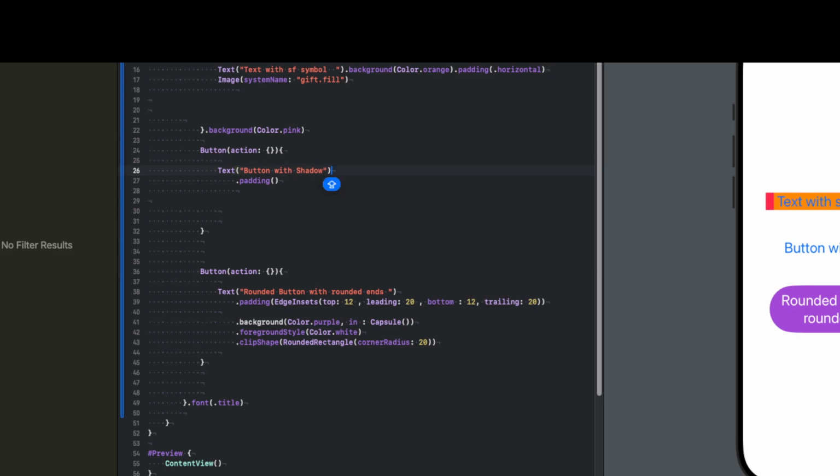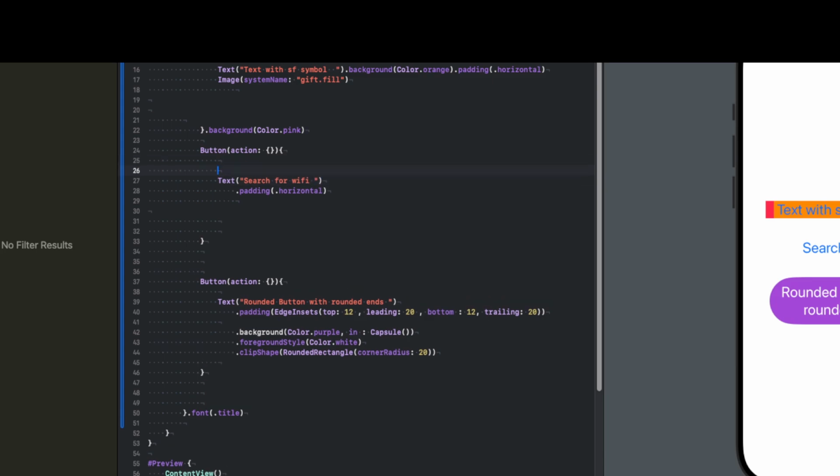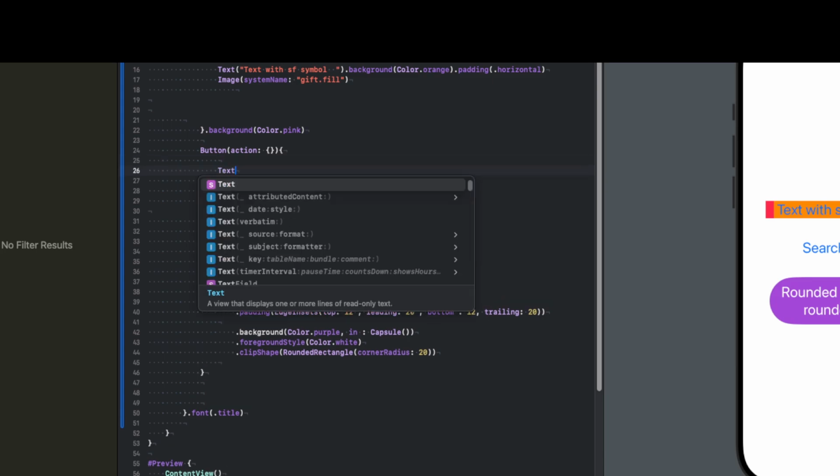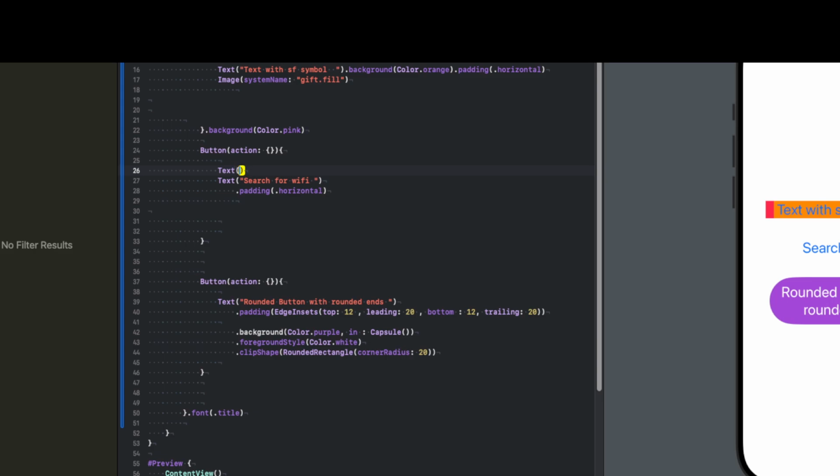Now let's go with the button. Let's give it a horizontal padding, and let's change this to search for Wi-Fi. So I have two text here. Search for, and then you come here. This is text, and then